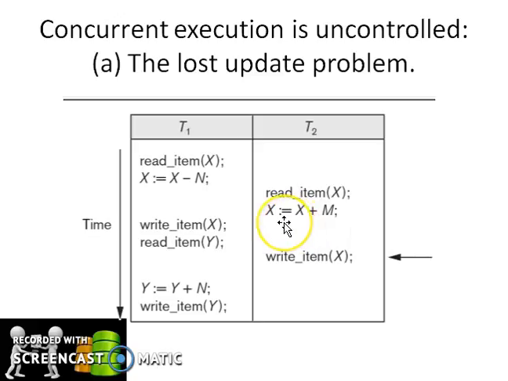Then the control is switched from second transaction to the first transaction. The first transaction is writing the modified value of X to database. After that, the first transaction is reading the opening balance of second account. After that, the control is switched from first transaction to the second transaction. The second transaction is writing the modified value of X to the database. So here what happens is the final value of X